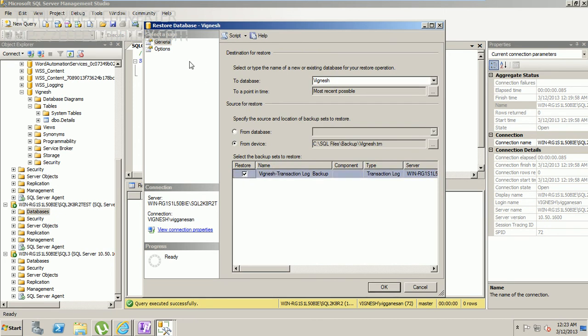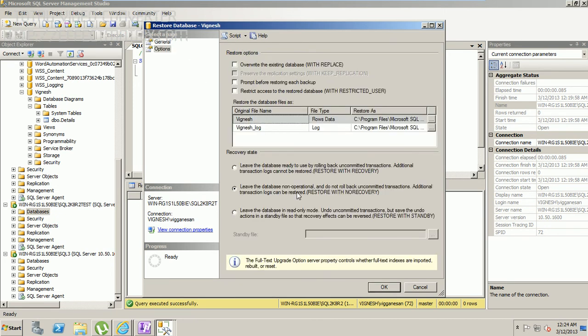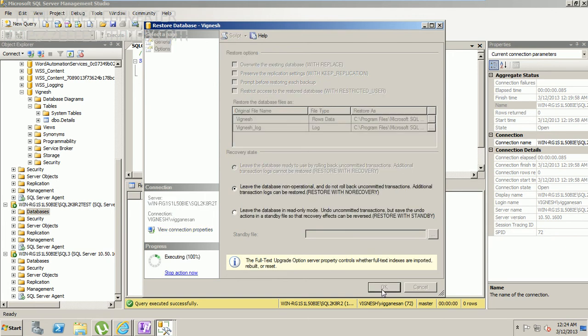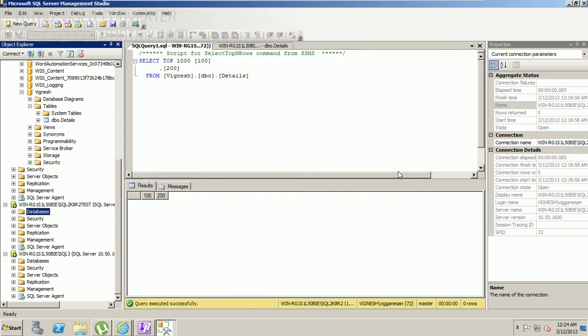Just click on this, go to options, with no recovery. As I said earlier, you have to rename this file, or else SQL might get confused about retrieving this. Whatever you want to give it, anything should do. Say okay. So the restoration of the transactional log is done as well.